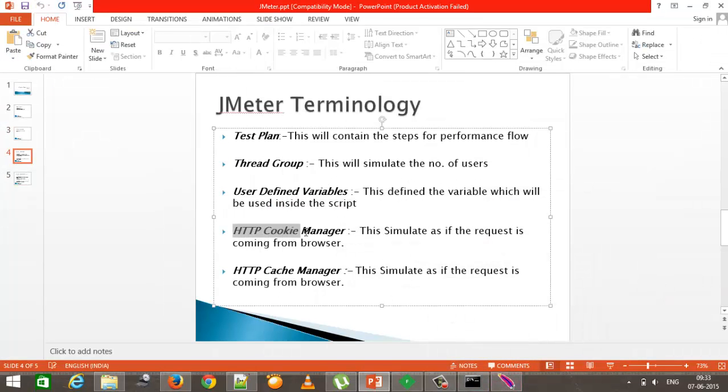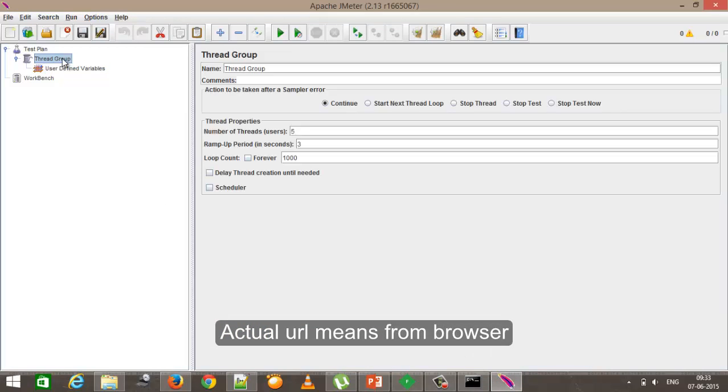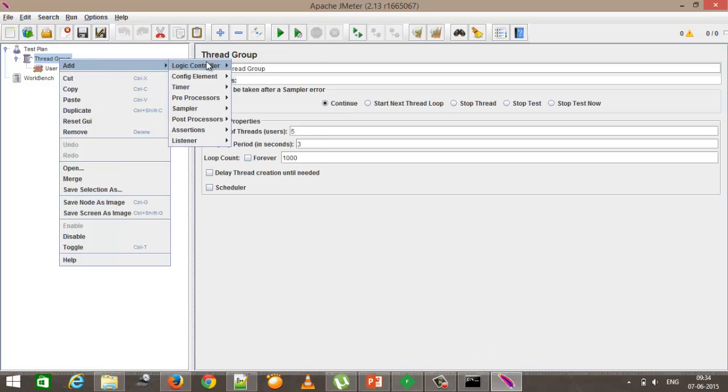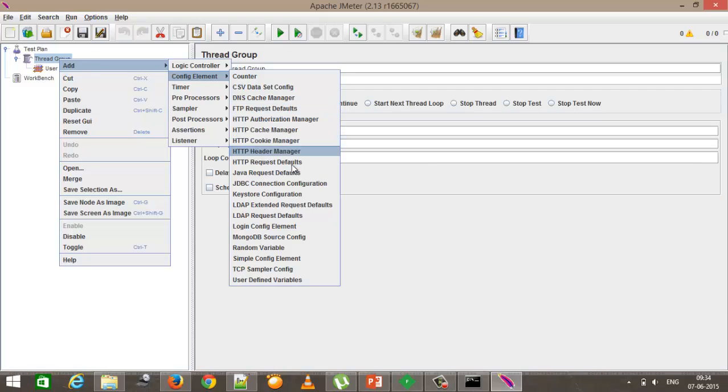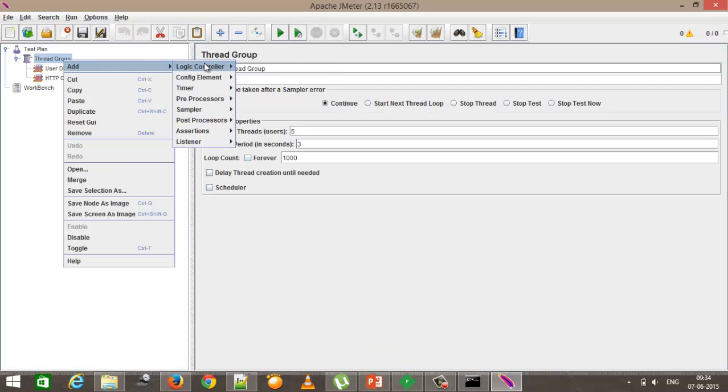Now HTTP cookie manager and cache manager. These are the two components which we will add in our JMeter test script to make sure that, as if the requests are coming from a URL. When you add these two components, JMeter will try to simulate as if the request is coming from an actual URL. For this, again, right click on thread group, add config element HTTP cookie manager, again add config